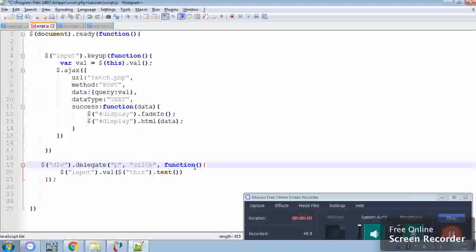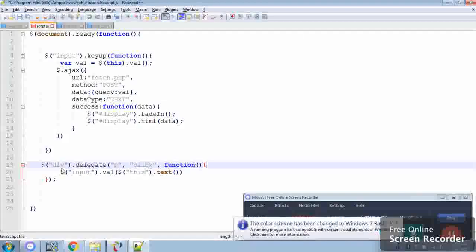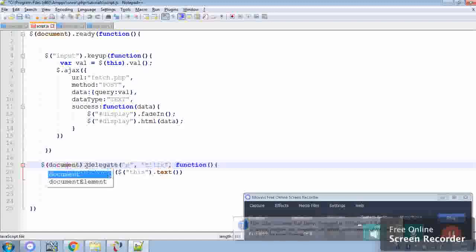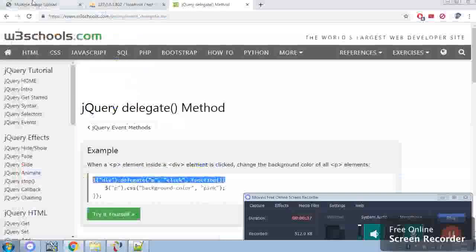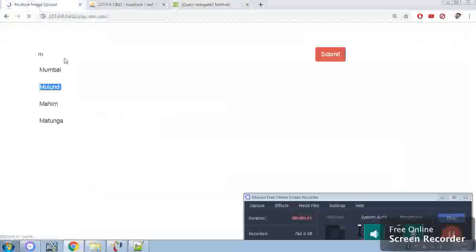So in place of div it would be the current document. Choose the li. When I click on it, I want the value of the li to be inserted as the value for the input. Refresh it. If I type m,